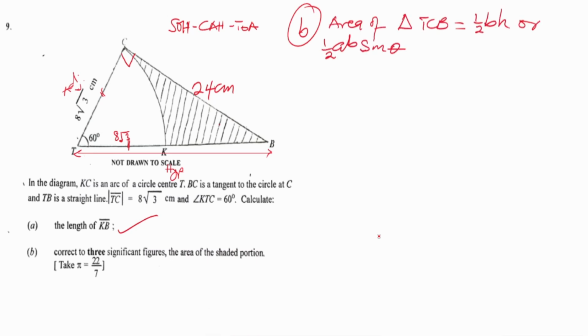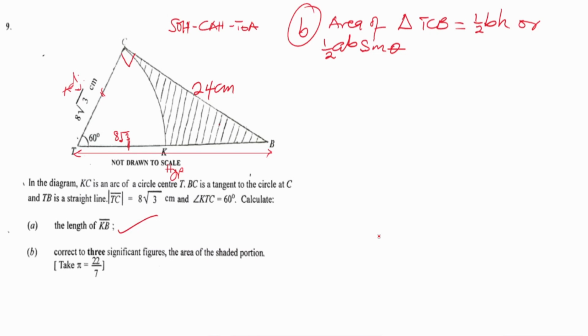Alright, so stating this, I could have been specific, but like I said, anyone can decide to use the side BC as the base and TC as the height, or TC as the base and BC as the height. So that's why I still maintain base times height, so that you choose whichever works for you. And also, if it were not a right triangle, we still could have used a half